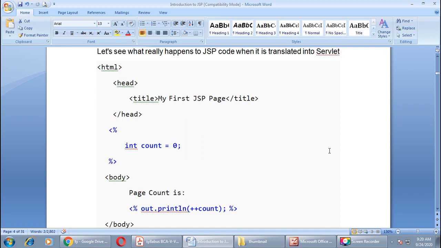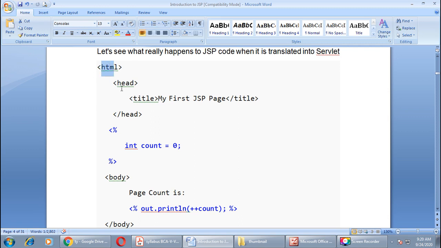As I told you, here we can see the embedded code of HTML and servlet. You can insert your Java code in the HTML portion, right? So here an example is given. One example is shown on the screen.